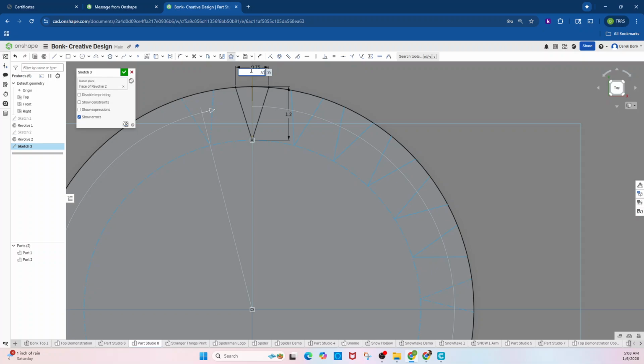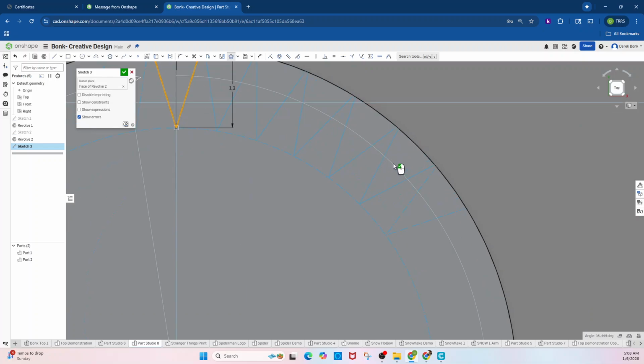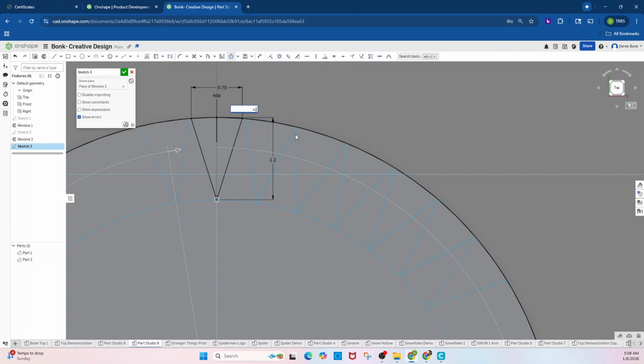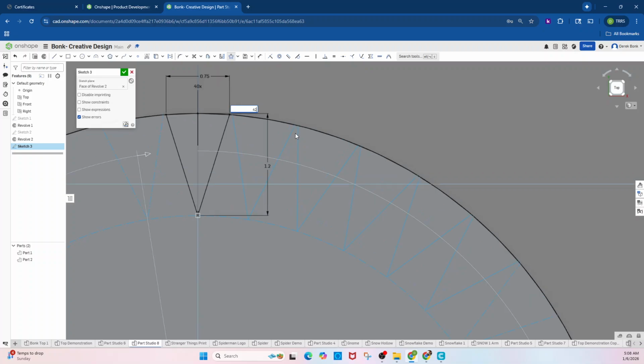Double click it, change that to 30, 40, well, you can tweak it as much as you need. 42. It's actually better for print purposes to not have that sharp edge there, so I'm going to leave that